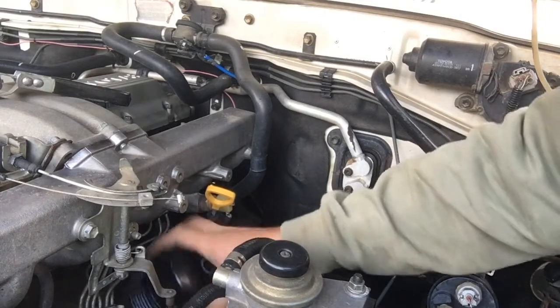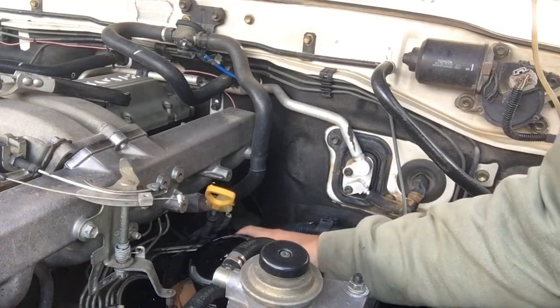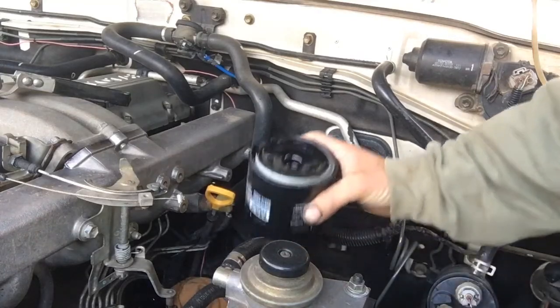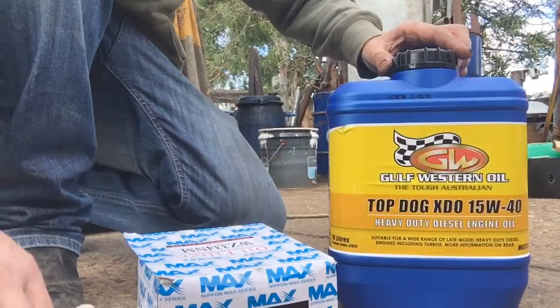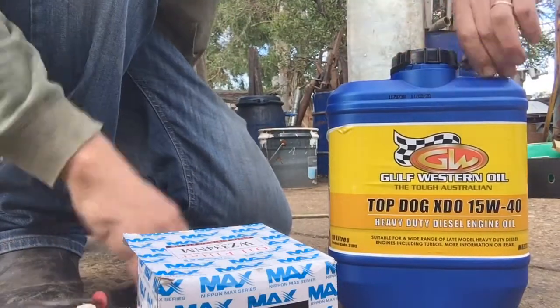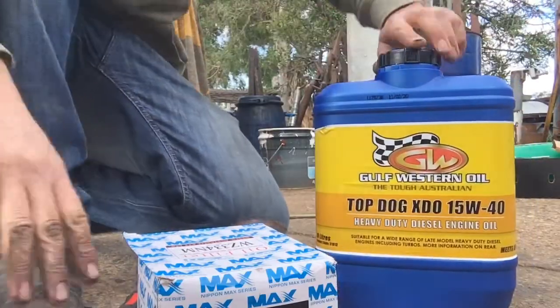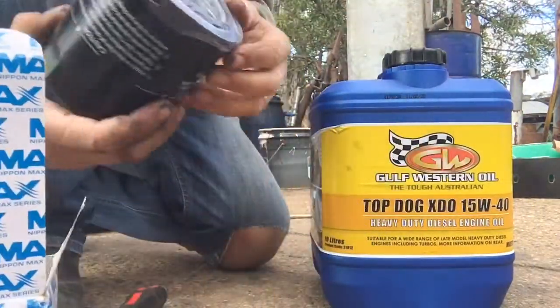And I'll try and get them off pretty quick. You can see that my rag's doing its job there. Put this in a cardboard box. Next job is taking a little bit of this oil and going to put